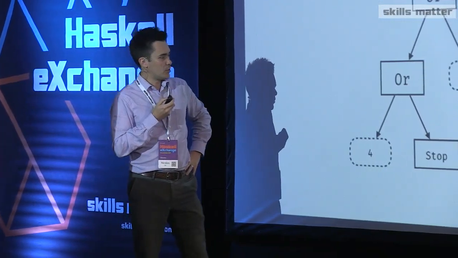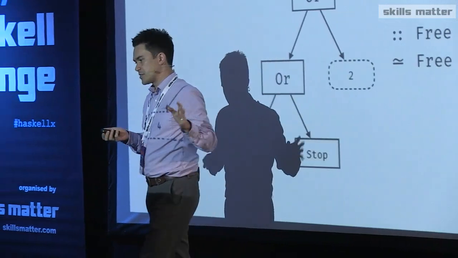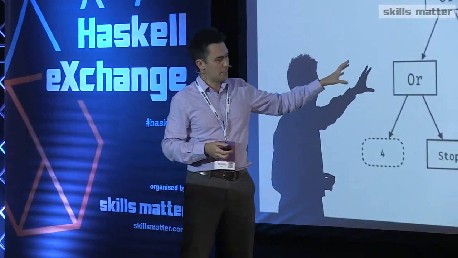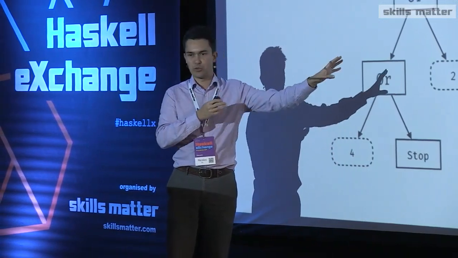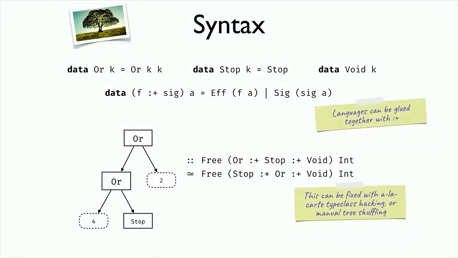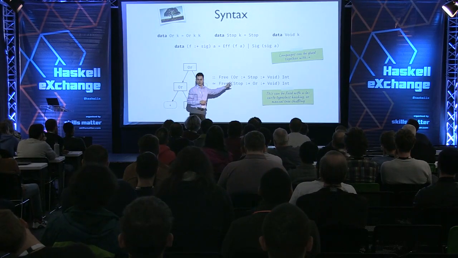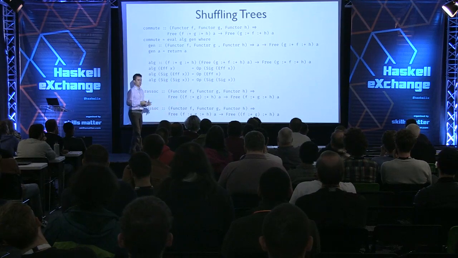So the fact that these trees are different types turns out not to be a problem in practice, in the sense that you can write down a tree as a term and give it a type that's more general than this one and use some type class hackery to make things work out if you want to. That's not too interesting. Or you can do some shuffling around to make sure that the type signature here corresponds to the one that you need when you're interpreting these different trees. And just to give you an example of what shuffling trees looks like,